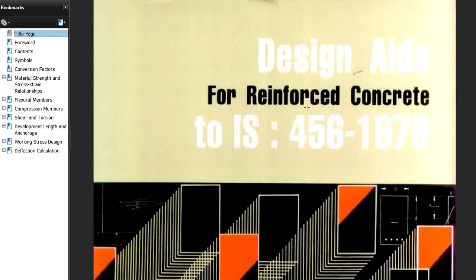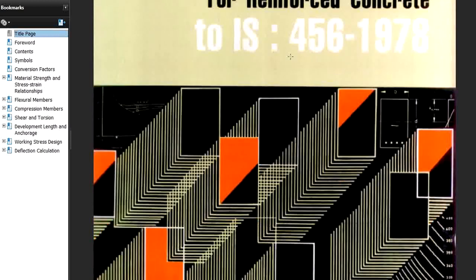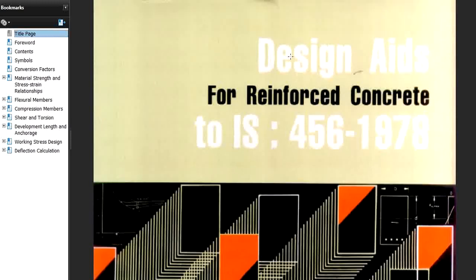In the previous session we studied the load moment interaction curves. In load moment interaction curves we studied a curve which tells us about the compression and tension zones in the column and how the column fails in which situation. Those load moment curves are nothing but design charts, and they are very useful while designing column sections.